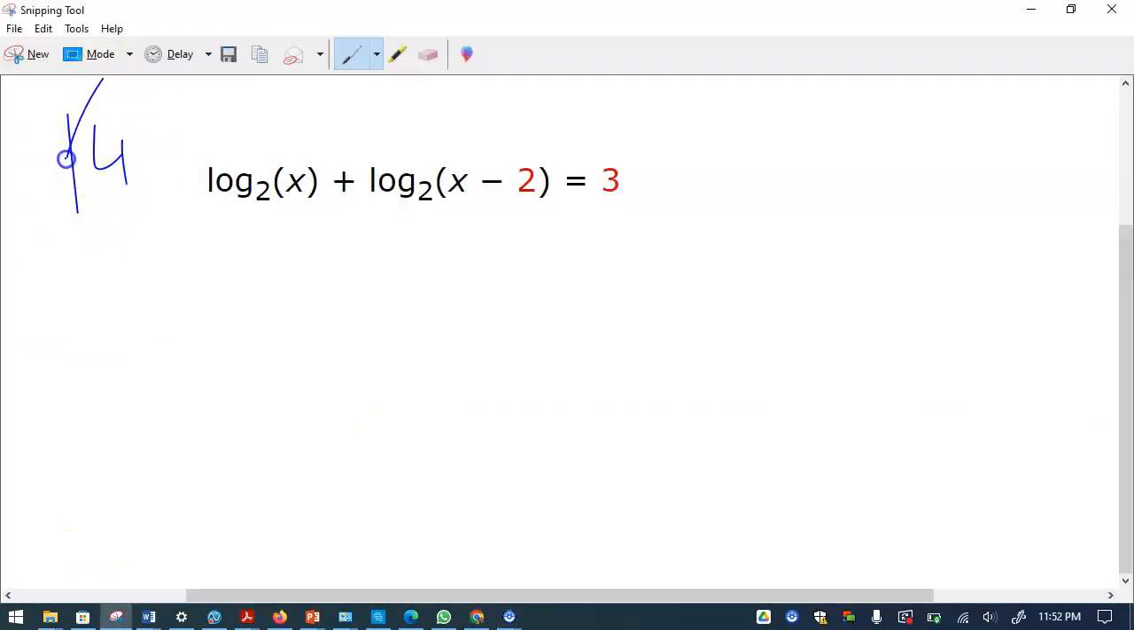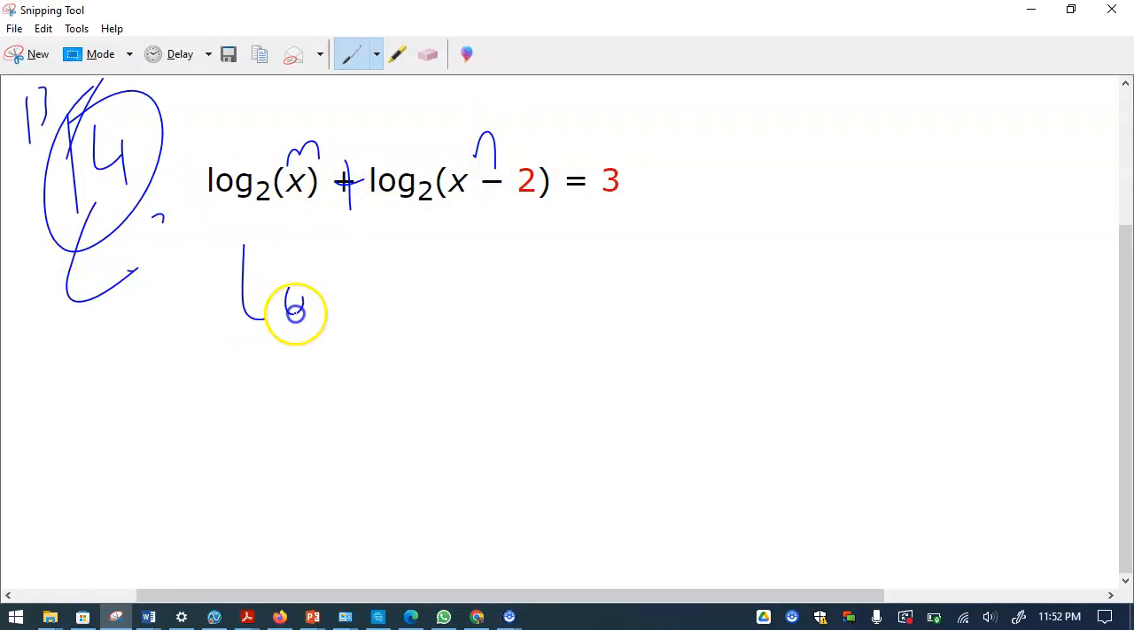Practice problem number 14 now. What's the difference between 13 and 14 is there's a plus, so this is like m, this is n. And yet again the same question. You write only one logarithm to the base 2, and it is x times x minus 2